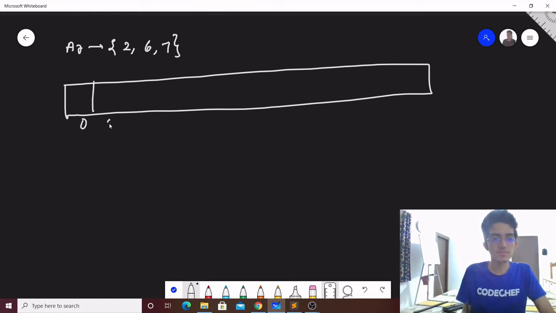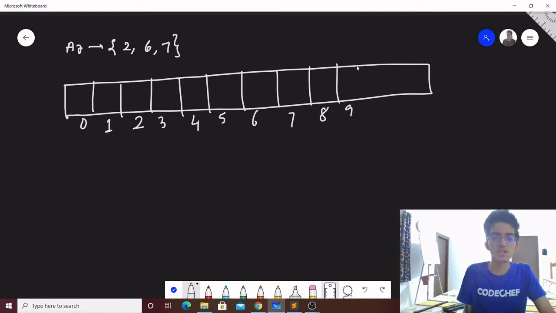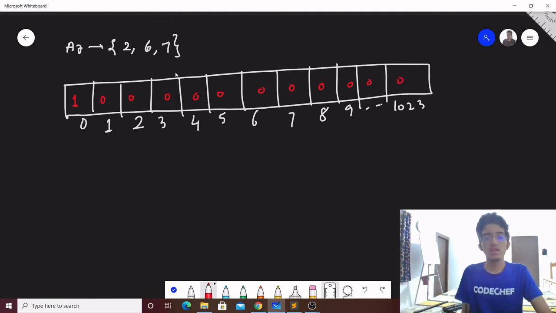So it's 0, this is 1, this is 2, this is 3, this is 4, this is 5, this is 6, this is 7, this is 8, this is 9, and so on up till 1023. This will be our original DP array. And we initialize index 0 with 1 and the rest of them with zeros. Okay. Now we pick